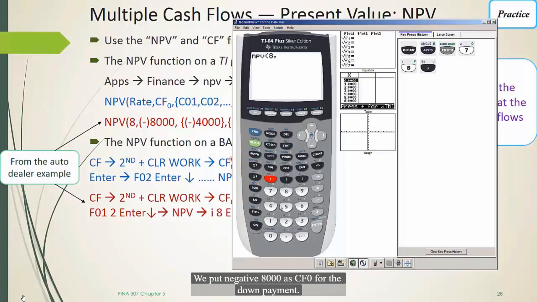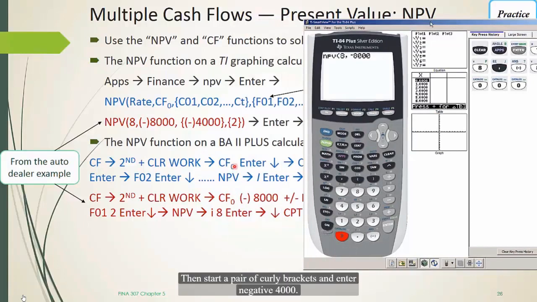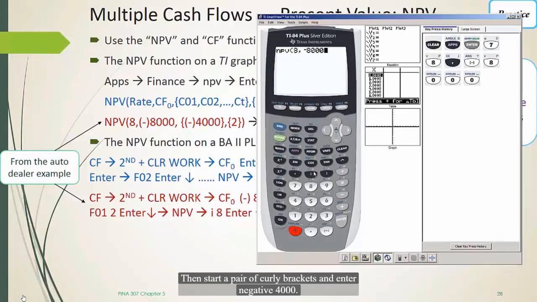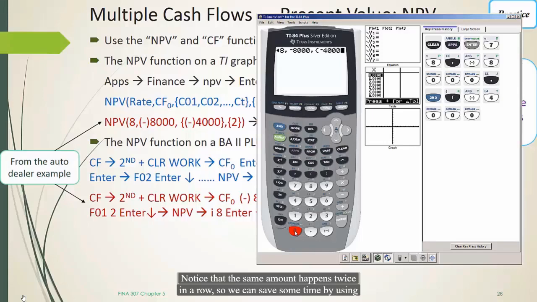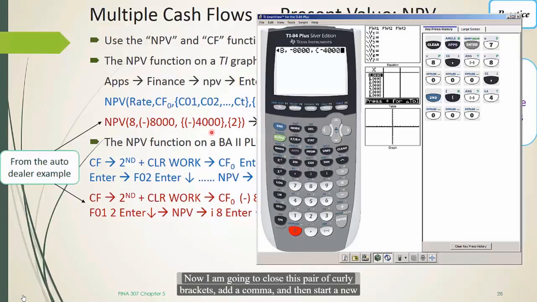We put negative 8,000 as CF0 for the down payment. Then start a pair of curly brackets. Second, left parenthesis, and enter negative 4,000 for CF1. Notice that the same amount happens twice in a row, so we can save some time by using the frequency variable. Now I'm going to close this pair of curly brackets,